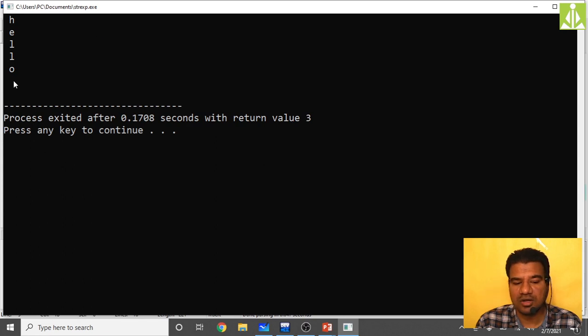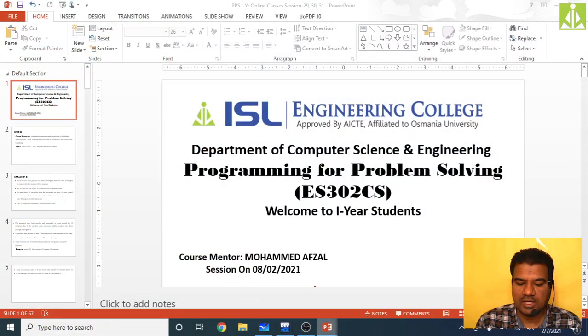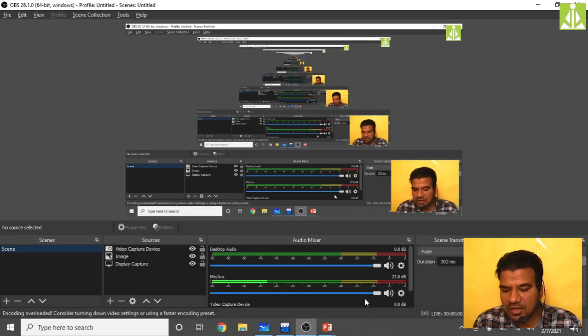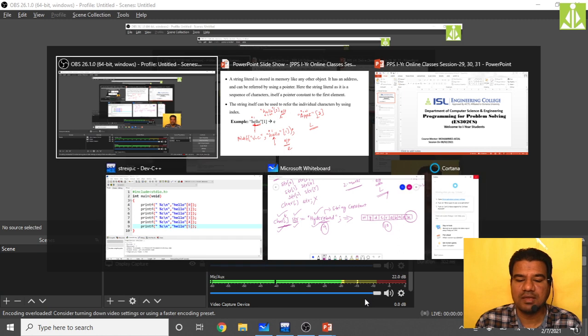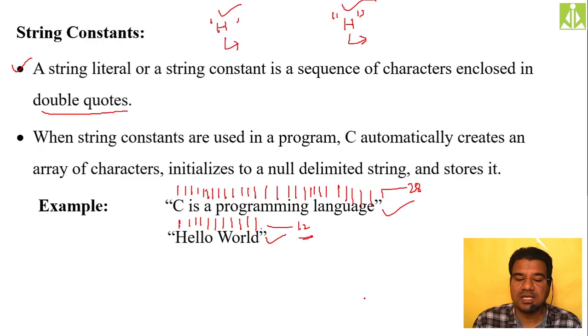See here, we got some extra space, one character space extra, and that one character is nothing but your null character. So HELLO, we are printing line by line, with backslash n. Hope you understood this one. In this way we can access all the characters from hello. Let me see how much time has elapsed, almost 40 minutes. We still have more time because we need to discuss some more points. This is about accessing string literals and maintaining string literals in our program.